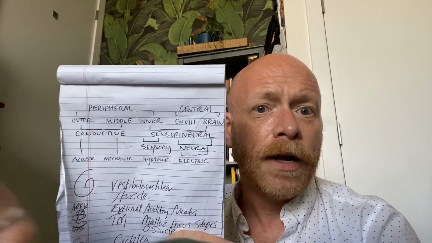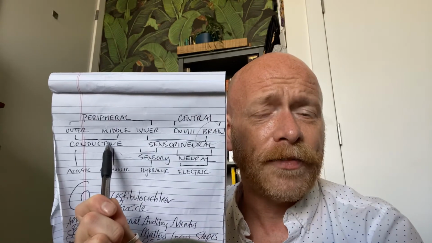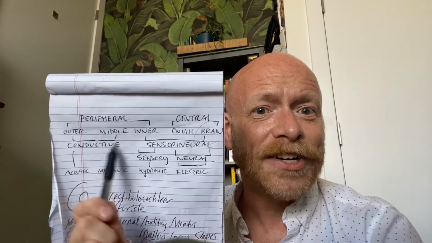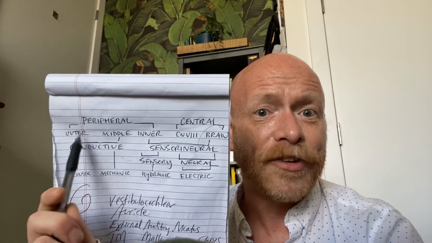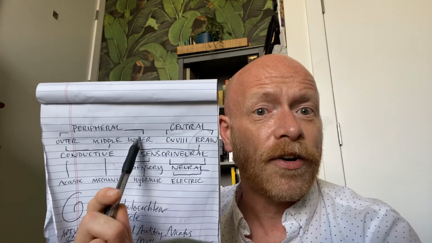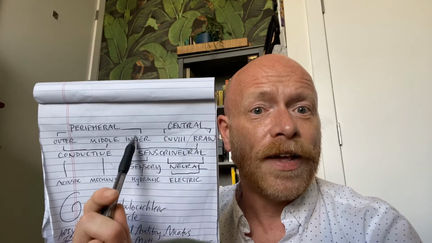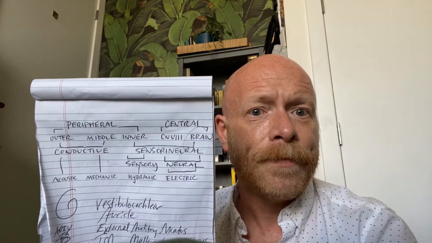When we are discussing hearing loss, and we're going to talk about this in the next lecture, I'm already at 15 minutes, I got to go fast. Conductive hearing losses are hearing losses associated with damage to the outer and middle ear. Sensorineural hearing losses are hearing losses associated with the inner ear, cranial nerve number 8, brainstem and brain, okay?